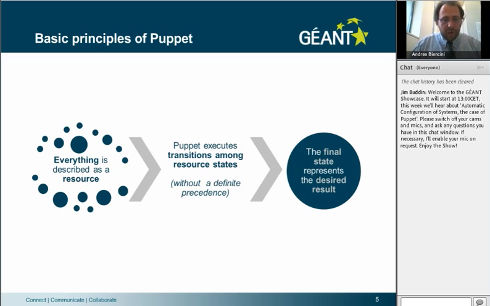Going back to our example, we said that in the demo we will see how to install an Apache HTTPD web server. So if we have to model it inside Puppet, what we have to do is, at first, think about which resources are involved. Talking about a web server, the resource involved will be the HTTPD package. If you are on Linux, we will talk about an RPM or a deb package of the Apache 2 web